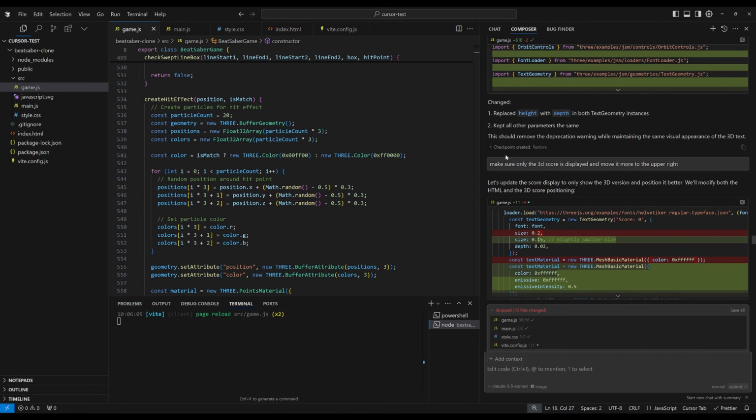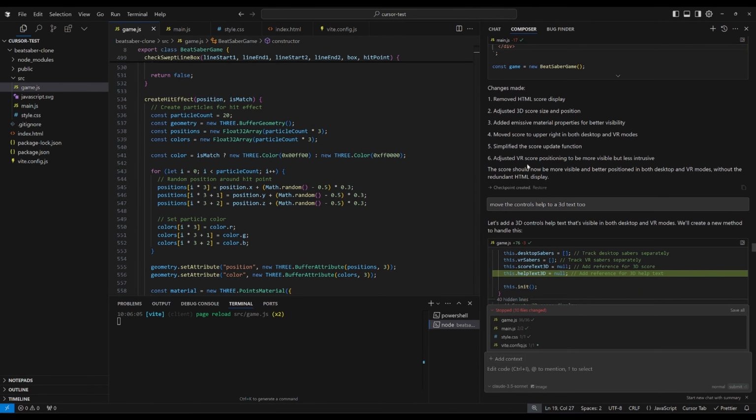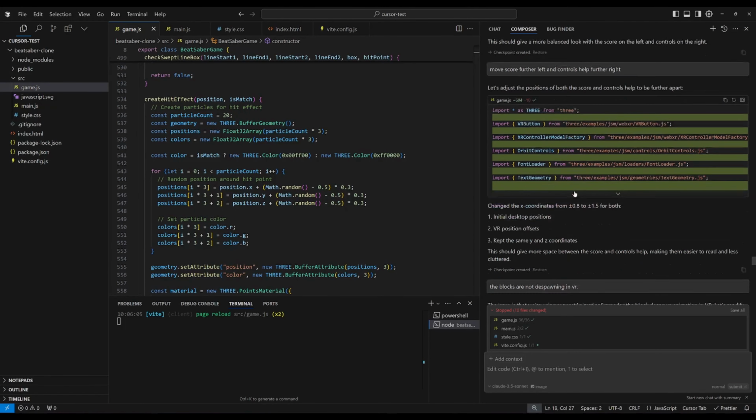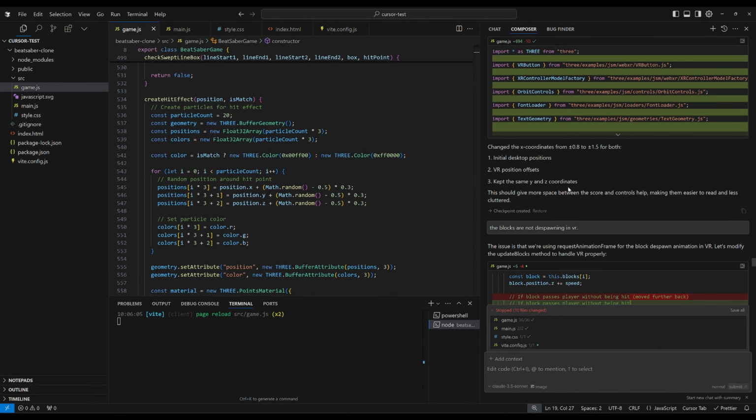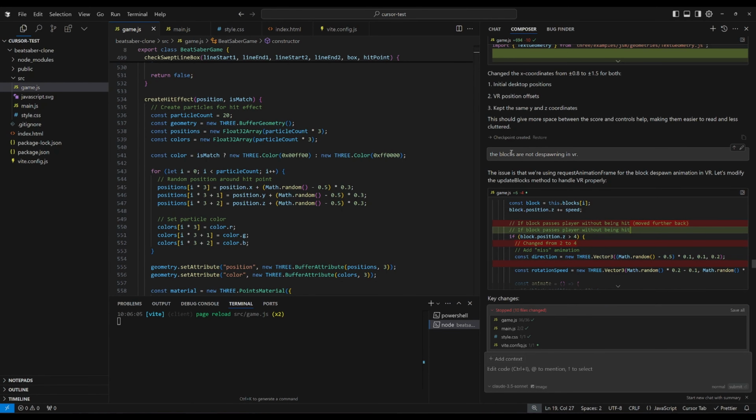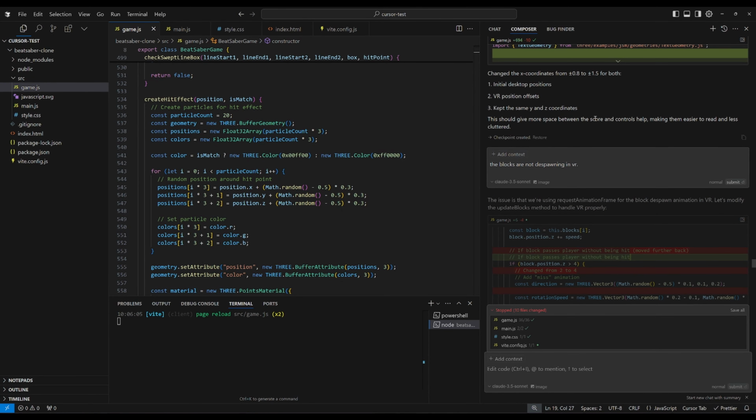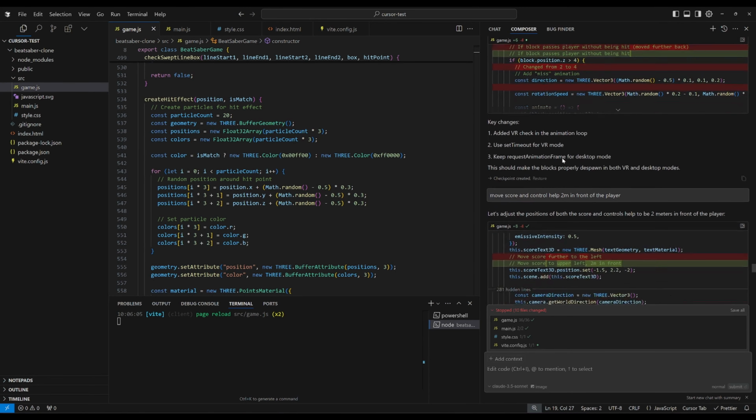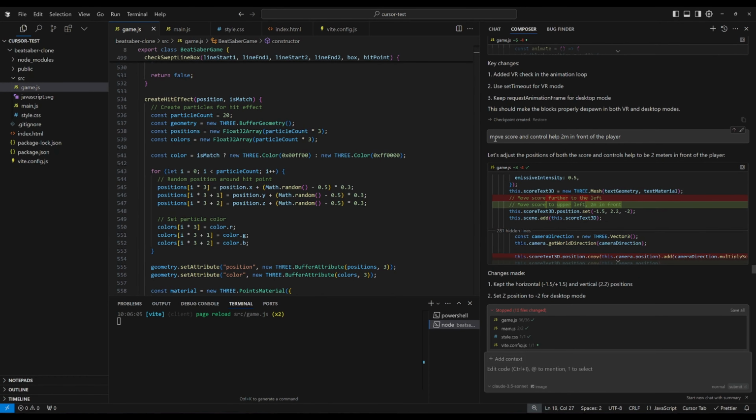Okay, there was a warning. Move it here, move it there. And move the score to the upper left. Yeah, this was my mistake because I prompted it the wrong sides. The blocks are not despawning. So again, check what's going on, check if there is a bug and ask it to fix it. Move score,